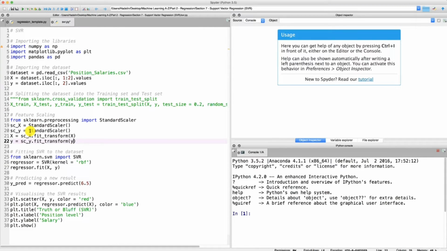But it's been a while since we talked about feature scaling, so let me give you a quick recap of what it's doing here. We are creating two objects, SCX and SCY, that are objects from the standard scaler class that are going to scale your matrix of features X as well as your dependent variable Y. And to scale X and Y, we're applying the fit transform method from both the SCX and the SCY object. The important thing to understand here is that you need to create two separate standard scaler objects because each of these two objects is going to be fitted to a certain matrix. This one is going to be fitted to X and this one is going to be fitted to Y,